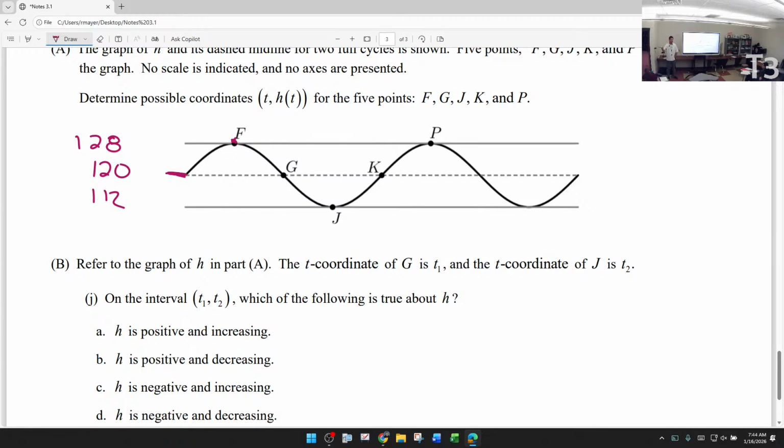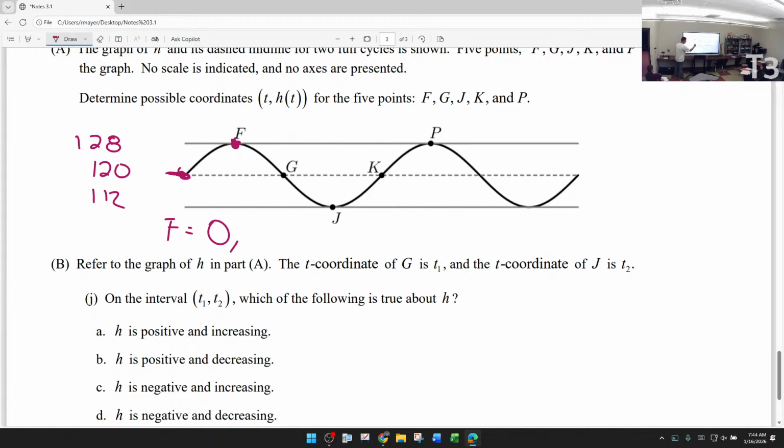that those are the y values. Those have to be constant; they can't change. Now, this part right here is the midpoint, but that's not F or G or J or anything else. We start F right here, which basically means I'm starting F at 12 o'clock, because I'm furthest away from the floor. And so that value could be